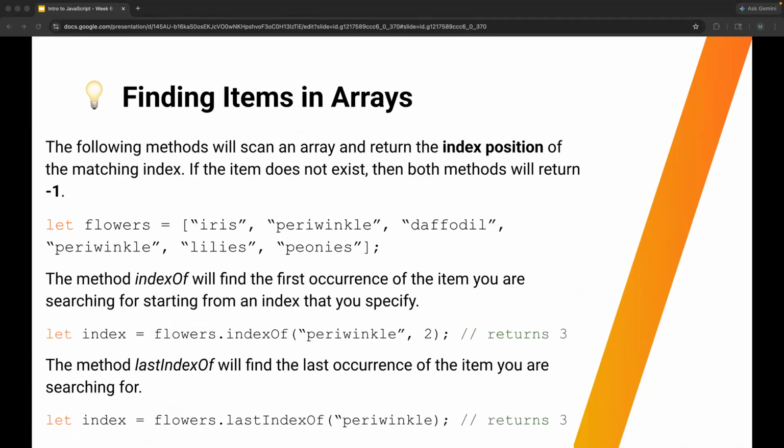Next slide. We can also find items in an array, and how you do that, you have a method to get the index of whatever item you want, and if the item doesn't exist, you get a -1. And so yeah, you can use indexOf to find the first occurrence, and then lastIndexOf to find the last occurrence. Like for example, in flowers here, we have periwinkle twice. The indexOf would return